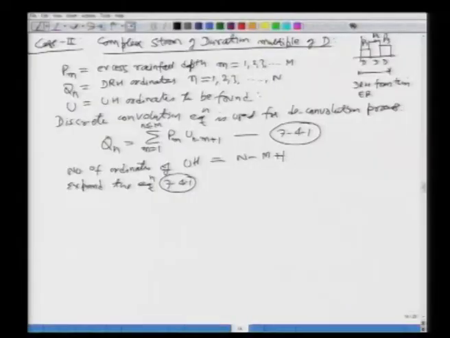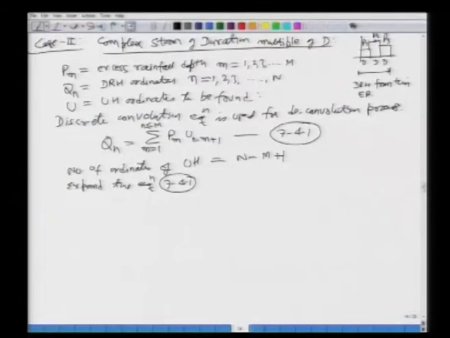Then we started looking at the derivation of a unit hydrograph given a complex storm, or the rainfall and flow data corresponding to a rainfall event in which there is more than one rainfall impulse of duration d. And then we said that we can use the discrete convolution equation in the reverse direction, which is called the deconvolution process, to calculate the unit hydrograph. So, we will come back to that problem and start looking at this derivation of unit hydrograph in a complex